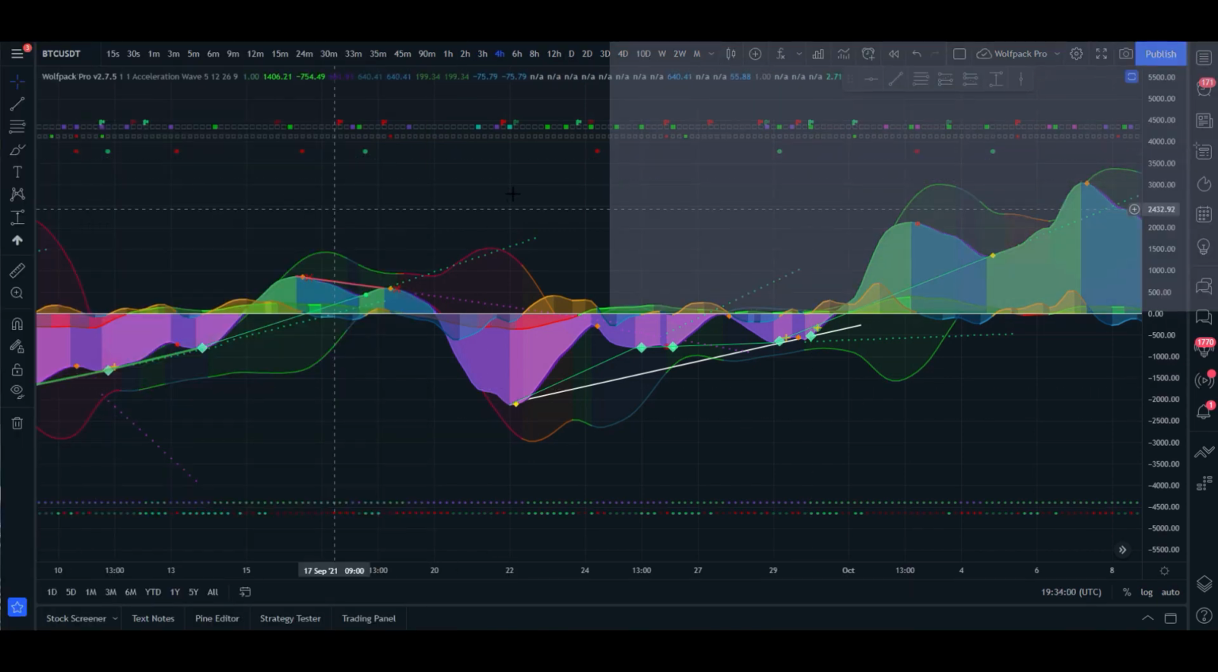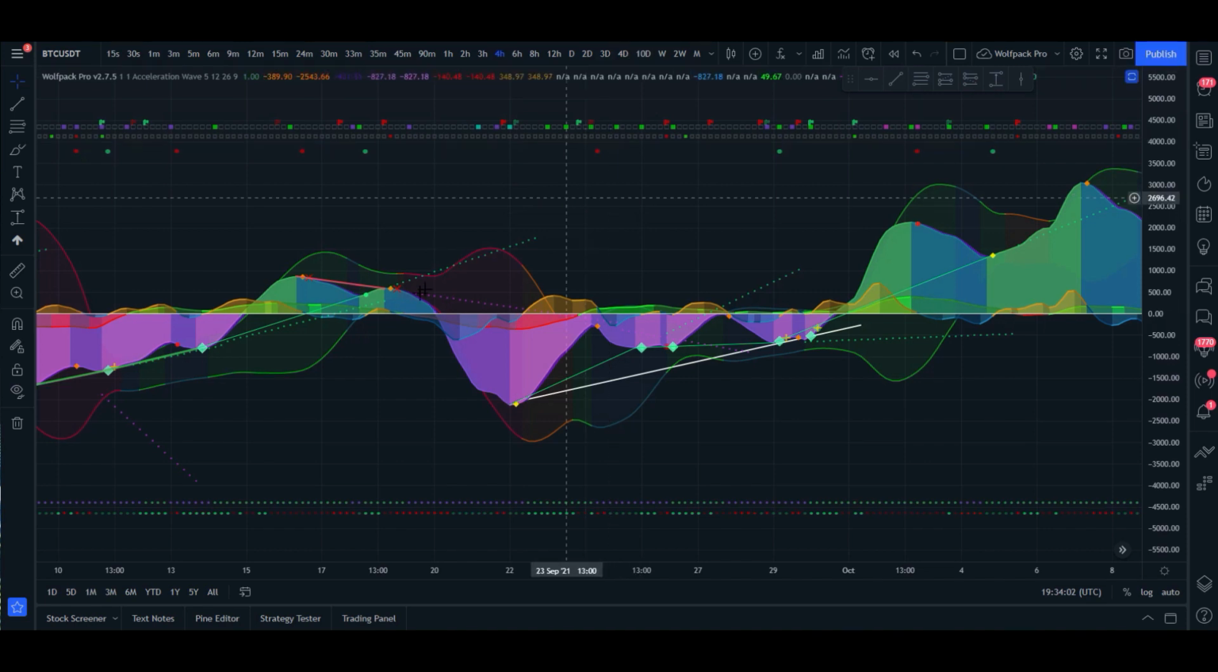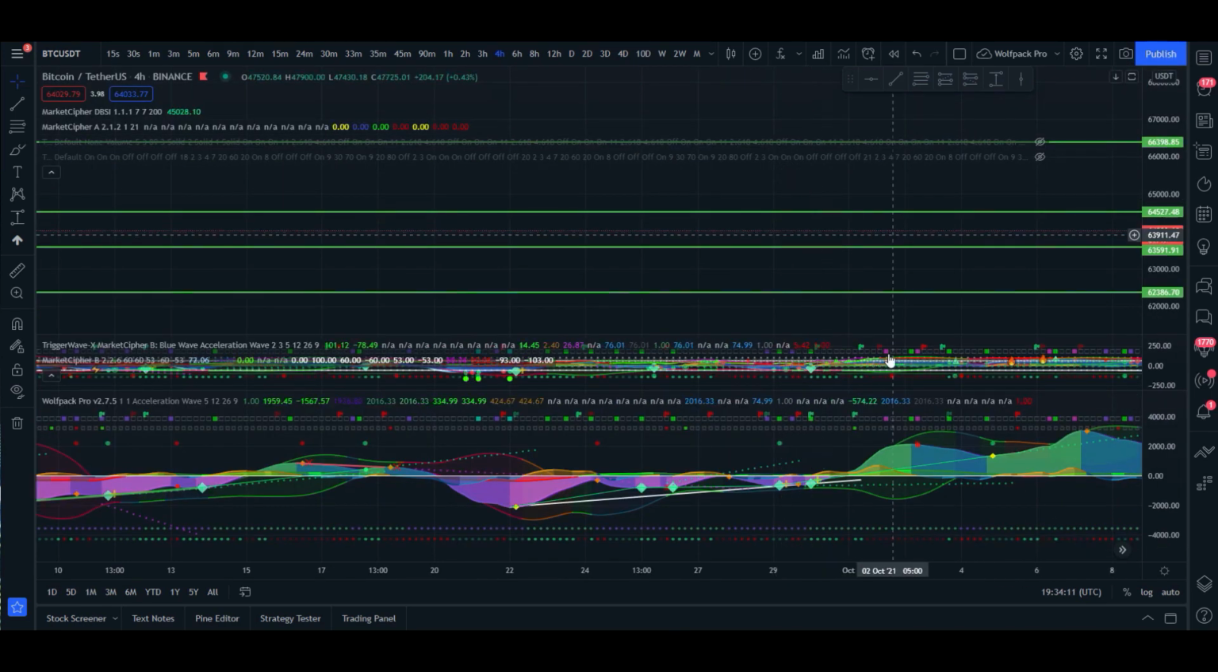Sorry, I'm messing about with my screen. Don't know what's going on here. So it's a really good indicator. A lot of information. I'm going to zoom back out, and I'm going to just try and get rid of